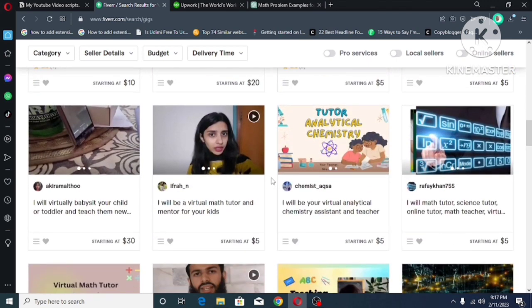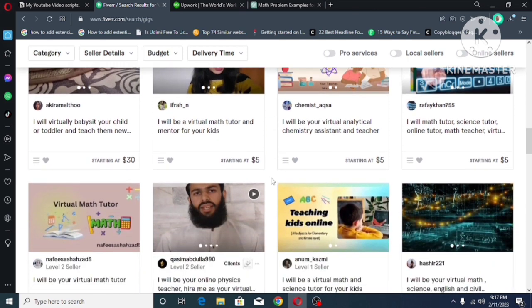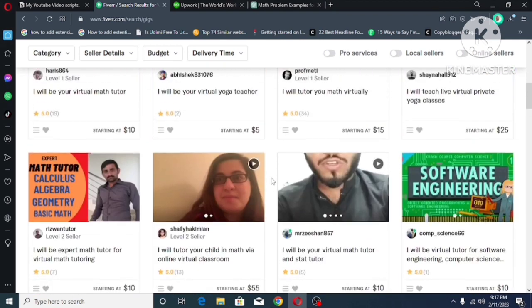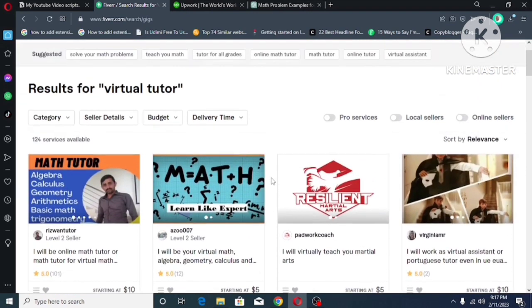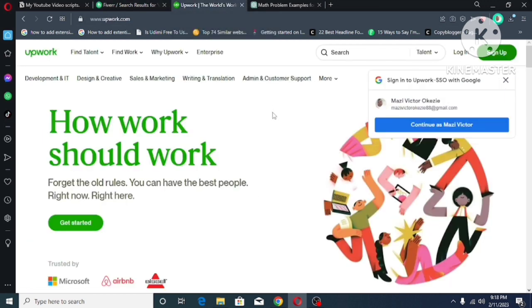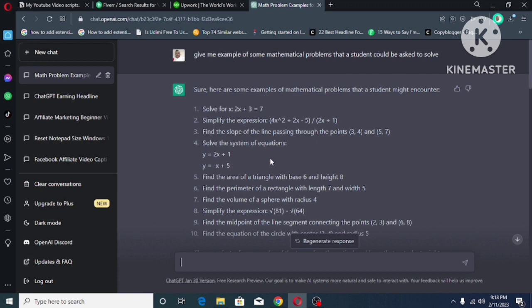So one way that you can make money from ChatGPT is to sell the service of a virtual tutor. Okay, a virtual tutor. Who is a virtual tutor? Now, a virtual tutor is simply somebody who solves academic problems for people, like homeworks in English, maths, biology, history, and all that. All right, so what you have to do is go to Fiverr or go to Upwork, create your profile, build your portfolio. Simply to build your portfolio, you go to ChatGPT, all right, and enter some prompts, come up with some samples of what you can do with ChatGPT, and go and upload it on your profile